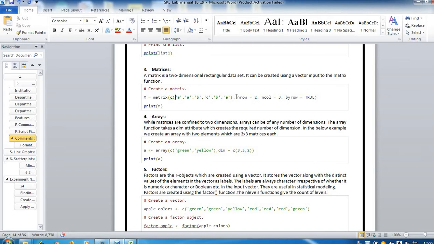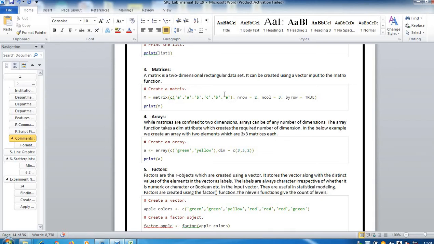So how to declare that? It is nrow equal to 2 and ncol equal to 3, sorry. So now when the number of rows is 2 and the number of columns is 3, definitely how many elements will we require? We require 6 elements. So let us check. 6 elements are provided: 1, 2, 3, 4, 5, 6. Now one more parameter is written here, byrow equal to TRUE. Now what is the indication this particular parameter gives? So byrow equal to TRUE means we have to arrange the elements in row format.